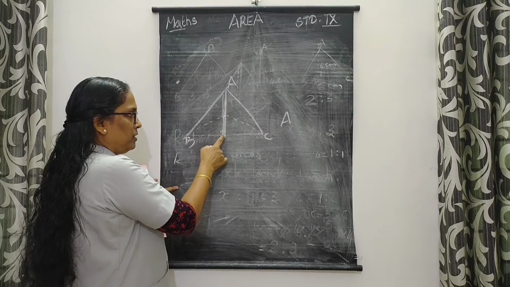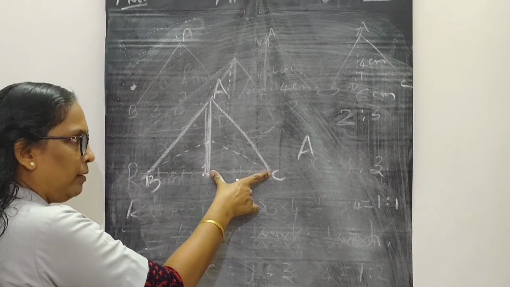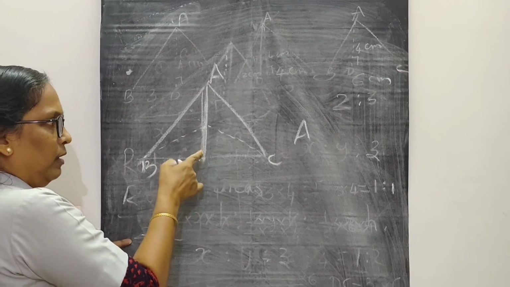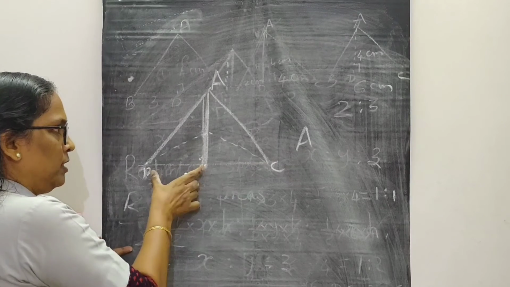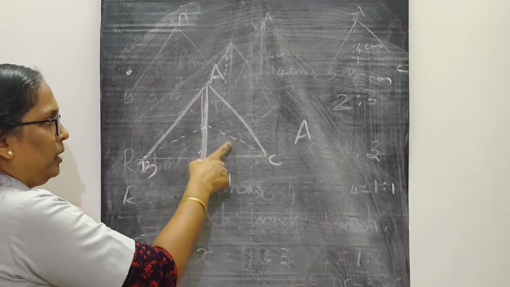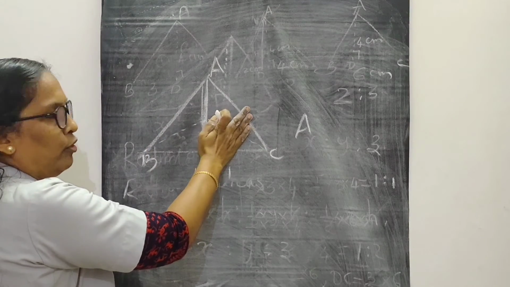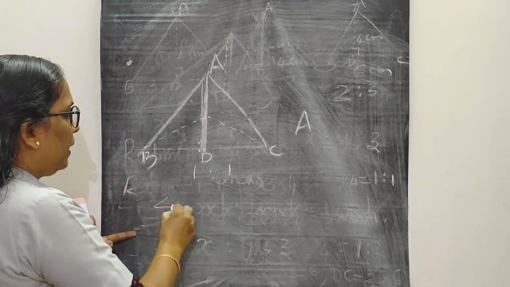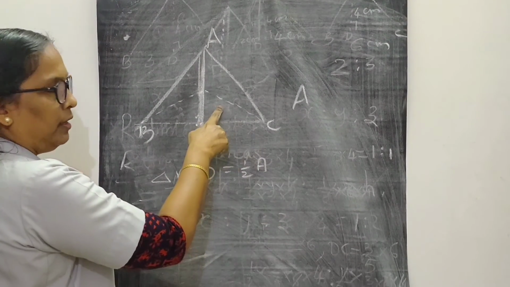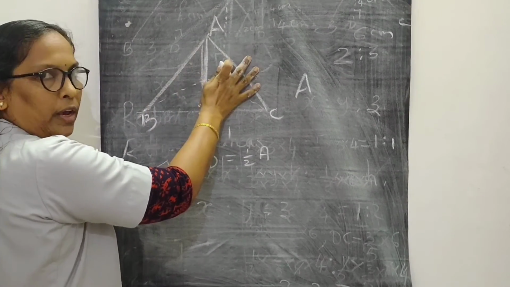Then what will be the area of these triangles? Here, it divides in the middle. That means the line bisects the base, so here and here are equal. Here it is a midpoint, so the ratio of the base is 1:1. So what will be the area of these two triangles? It will be half of A and half of A. So the area of triangle ABD is half A, and here also it is half A.